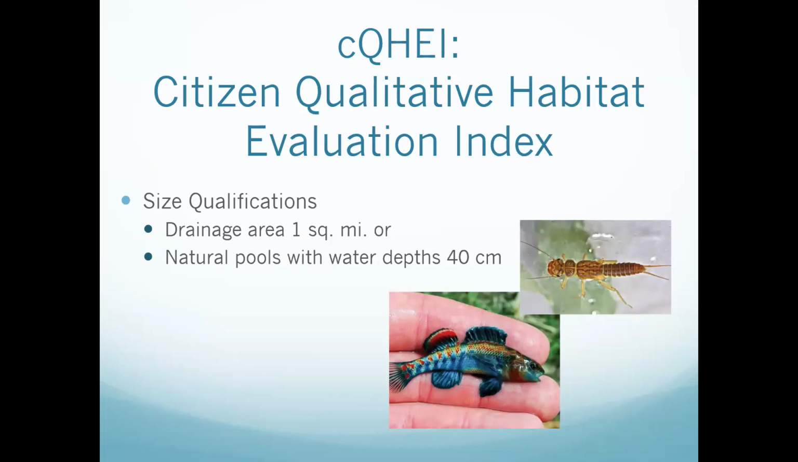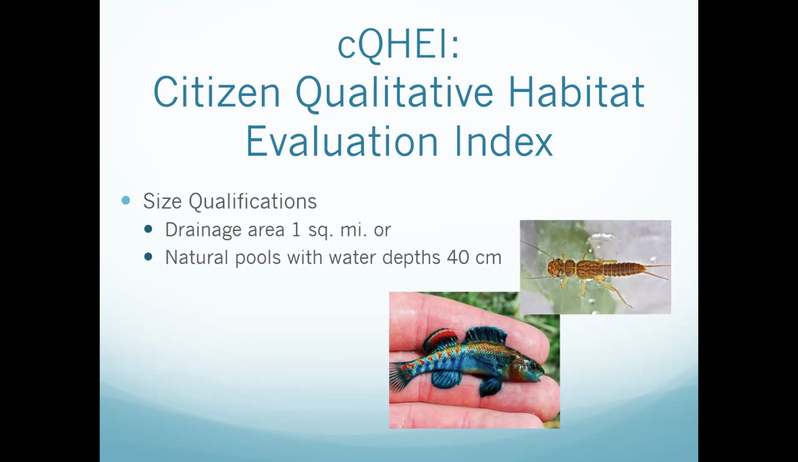All right, so typically the size qualifications are that the cQHEI or the QHEI is appropriate for streams with drainage area of 1 square mile or greater, or streams that have natural pools with water depths of greater than 40 centimeters. So you wouldn't want to measure below a plunge pool, if you see a culvert running through your stream or things like that. But these natural pools where, if you have greater than 40 centimeters water depth, you can just jump right to this